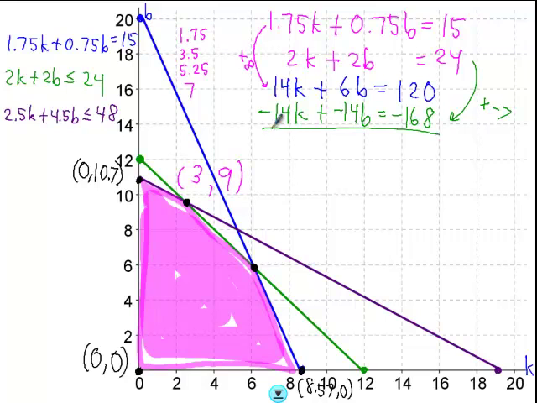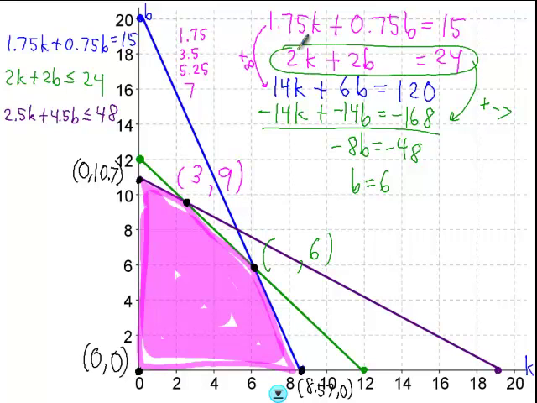Okay, and now we're going to add. The k's are eliminated. I'm left with negative 8b equals negative 48. I divide by negative 8, and b equals 6. So this point is 6 cobblers, and I'm going to plug b back into this equation. I'm just going to have 12 plus 12 equals 24. So if b is 6, then k is also 6. All right, we have our vertices, 1, 2, 3, 4, and 5. So I'm going to